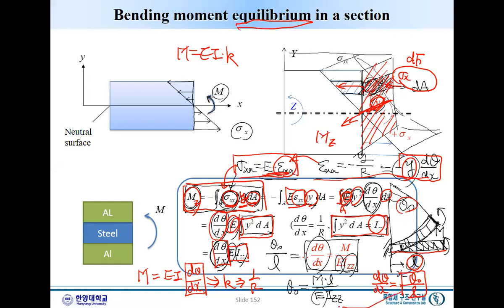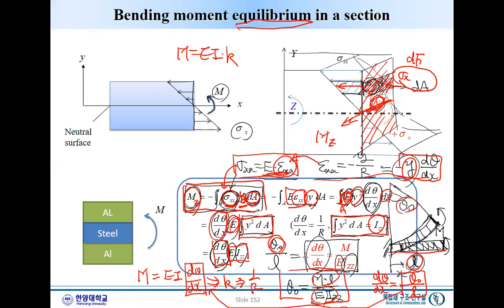So put this one into here. What we'll have is that theta 0 will be moment times L. See, this d theta dx is theta 0 divided by L. So theta 0 will be moment L divided by EI. Now, please remember this equation. Angle theta 0 is how much it rotates, equal to moment L divided by EI,